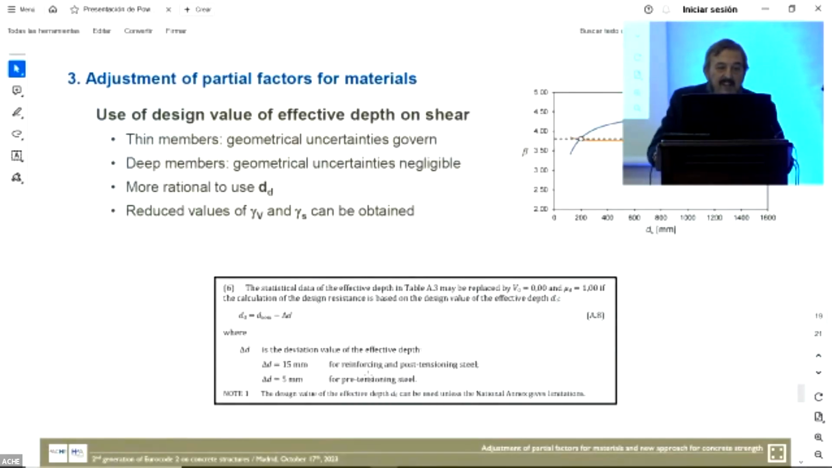And finally, the use of the design value of effective depth. It has been seen that in thin members the geometry statistically governs the behavior. So if you see the blue line, it represents the reliability index for gamma of 1.40, and using the nominal